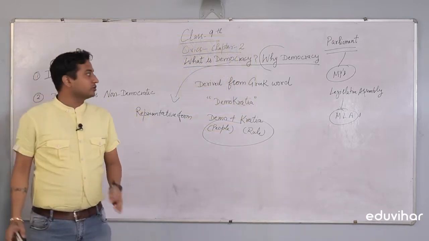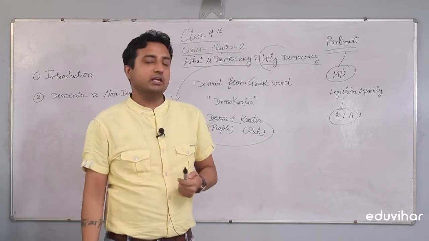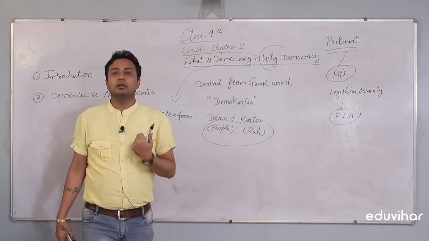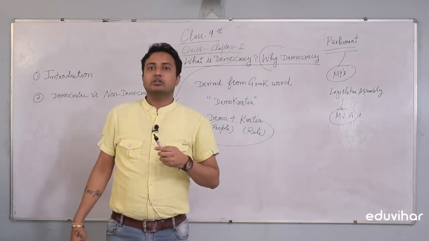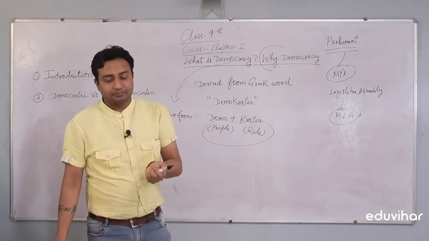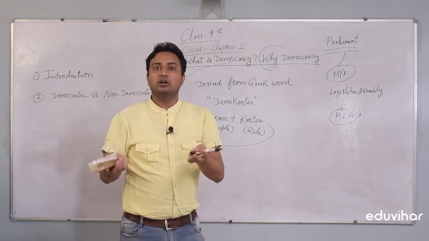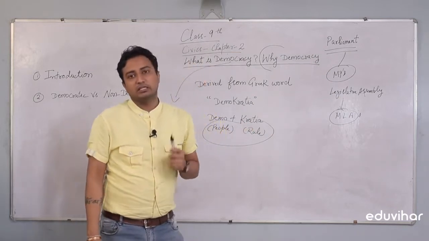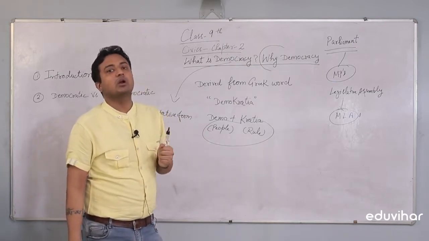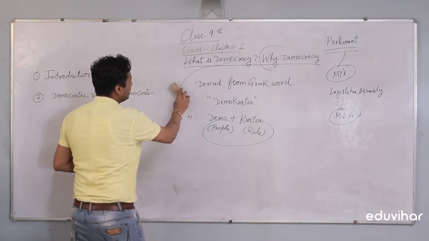So this was the introduction and the definition. If someone asks you what is democracy: the word is derived from the Greek word demokratia, meaning rule of the people. So that country in which there are voting rights, there are elections, and people choose their representatives to rule the country on their behalf, such a form of government is called democracy. So this was the introduction, guys. Next we will see